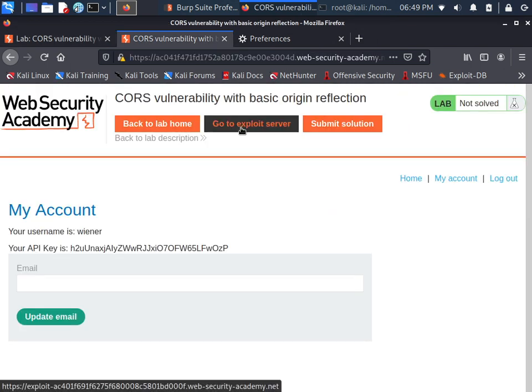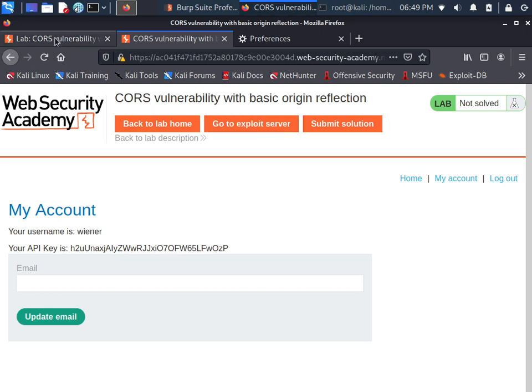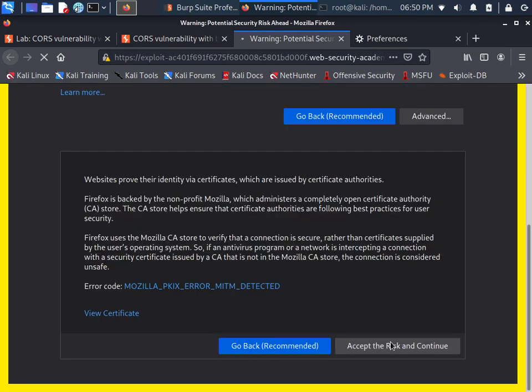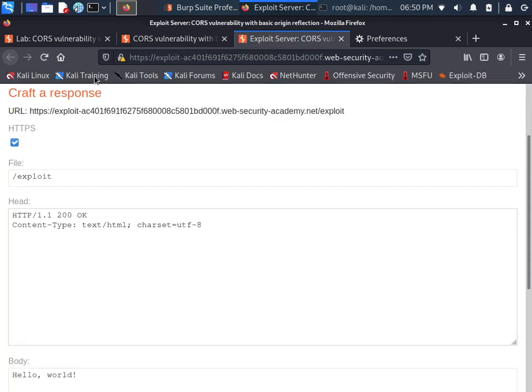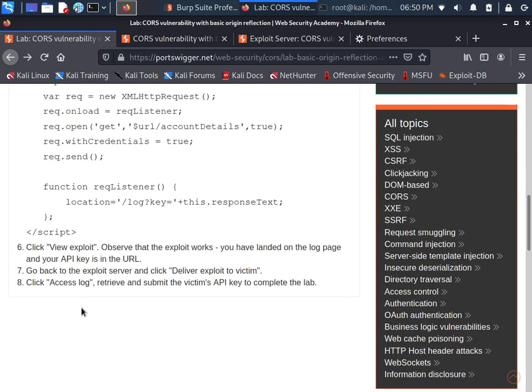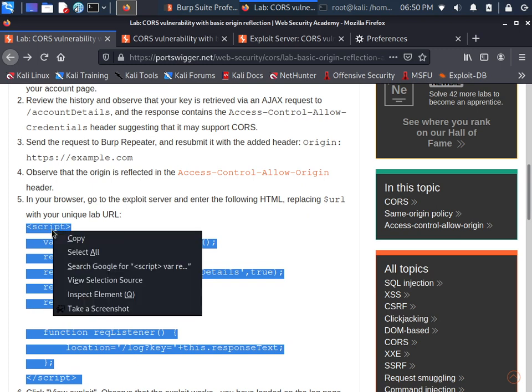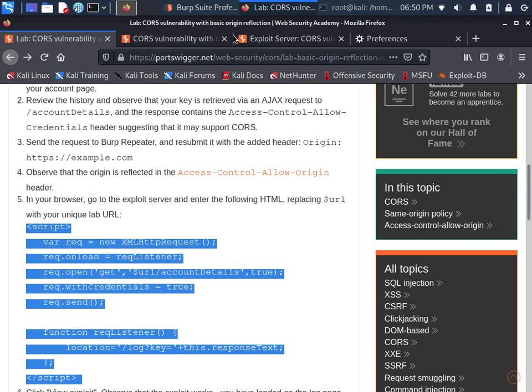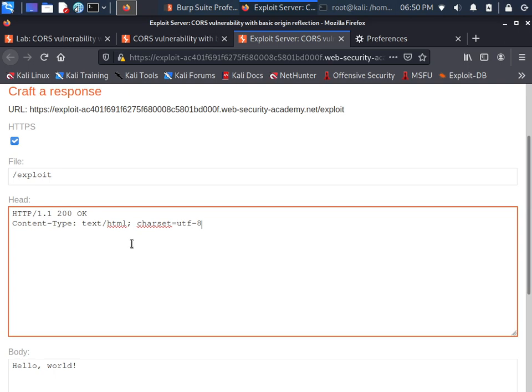Okay, there is the exploit server. Let me click on exploit server, accept the risk. Here is the exploit server, and just copy this JavaScript and paste it into the exploit server.